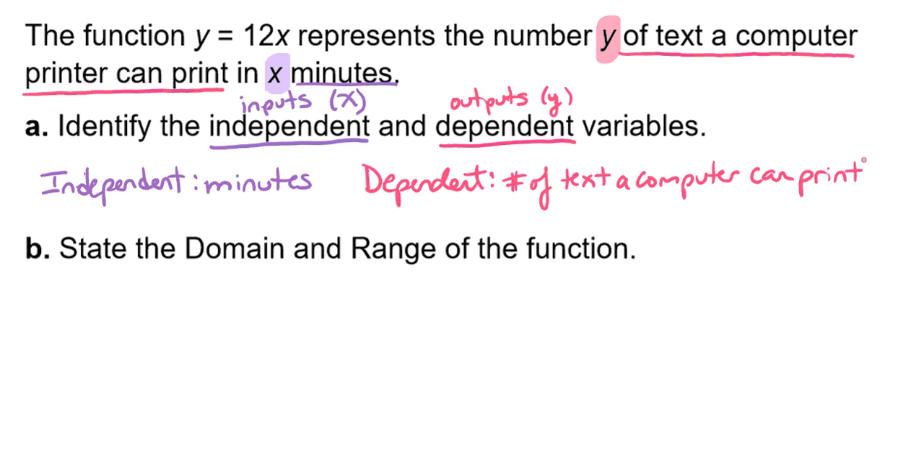So remember that domain are all of the possible input values, so all of our possible x values. And that range is all of our possible y values, or our output values. So let's think of how this equation looks. Y equals 12x. Well, that could be a lot of things, but domain, remember the domain is minutes. Can you have negative minutes? You can't. What is the smallest amount of minutes? So the smallest number of minutes